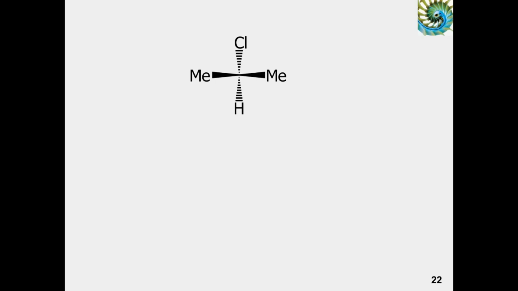So you can tell, okay, is this molecule chiral or not? Let's see if we can define a plane of symmetry. A plane of symmetry is defined by 3 points, and each point must be an atom, obviously. So chlorine is one point, this carbon is a second point, and this hydrogen is a third point. Remember, the angle between these bonds is 109.5, and these 2 bonds are going away from you, so this